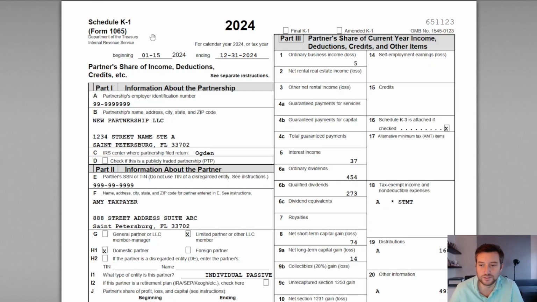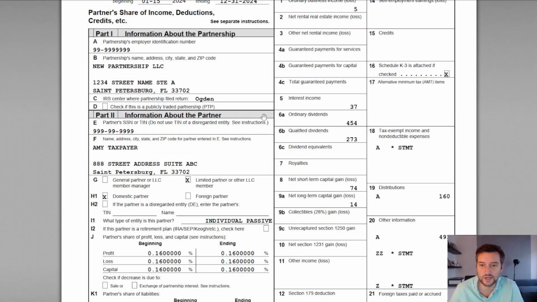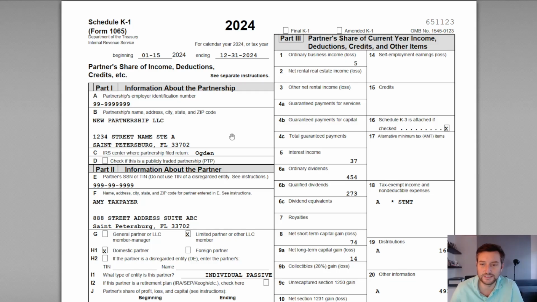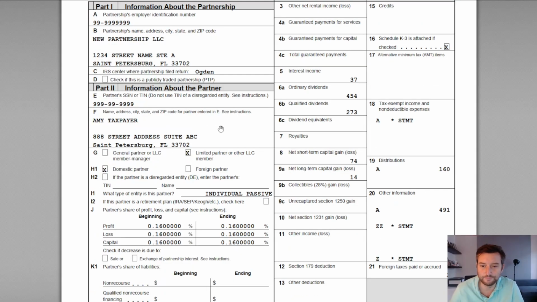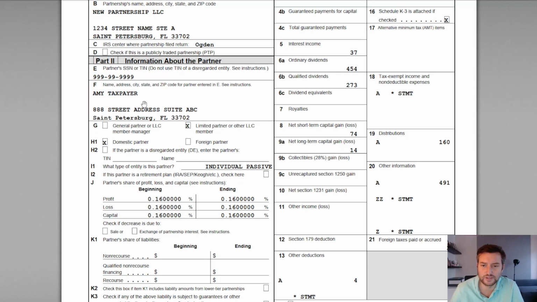be subject to tax. Now, on the left-hand side here, we can see information about the partnership. So we have the partnership's EIN, partnership name and address. Now, this partnership is basically an investment fund. So the fund invests in various financial products or other businesses. And so it's going to have allocations of a lot of portfolio income, so interest, dividends, capital gains, and things like that. Now, information about the partner, we can see Amy's social security number, name, and address, and then an